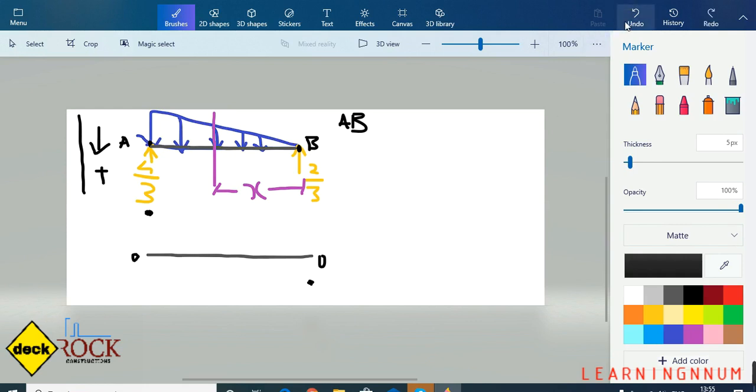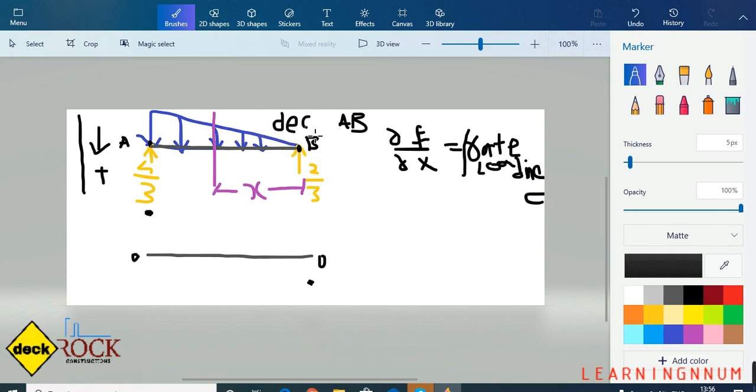We would take the help of this equation. What is that equation? Slope of shear force would be equals to rate of loading, right? Understanding? Yes, sir. Rate of loading. So to know the slope of shear force, we need to consider first rate of loading. So how is rate of loading? How the load is varying from left to right? It is, magnitude wise, decreasing from left to right, right? From A to B.